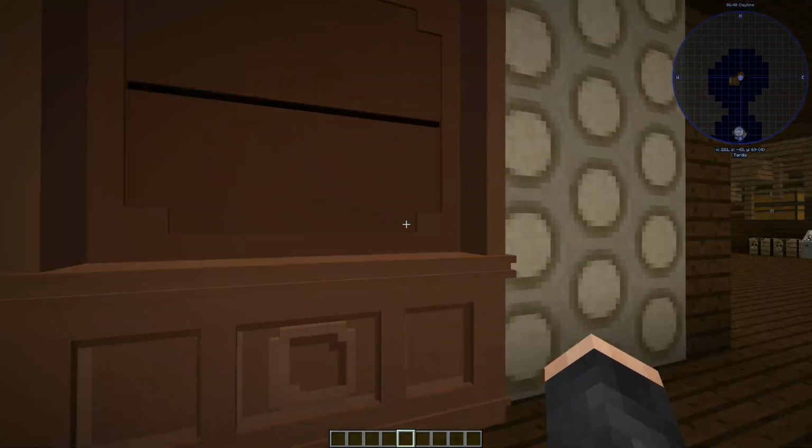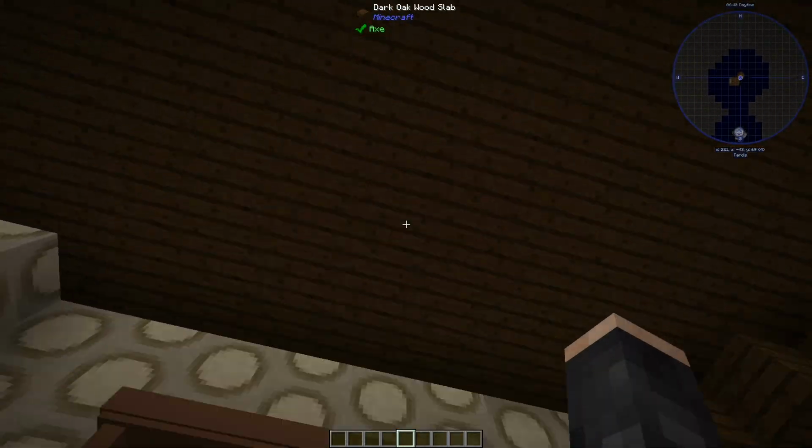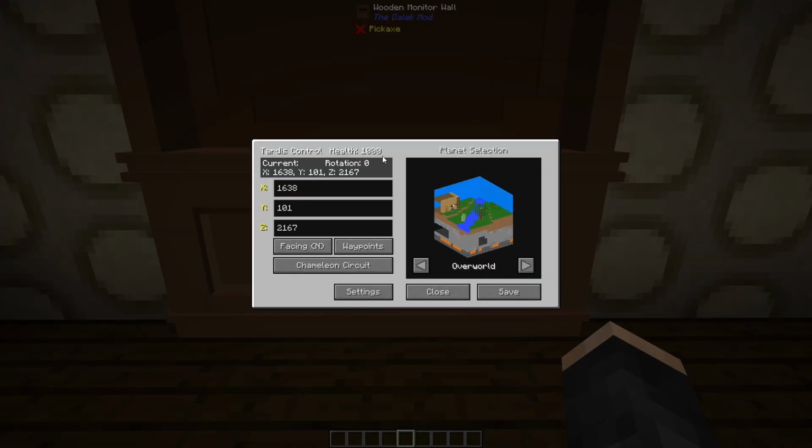Anywho, so the next feature, we might as well do it while we are here. As I was going to explain, the SWD team has finally brought back the ability to travel to other planets, as well as dimensions. This is very useful for traveling to the Nether, the End. You've got planets such as Varos, the Moon, Skaro, Trenzalore, Gallifrey, and you've also got the ability to go to